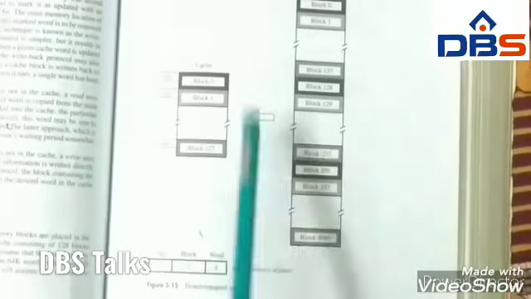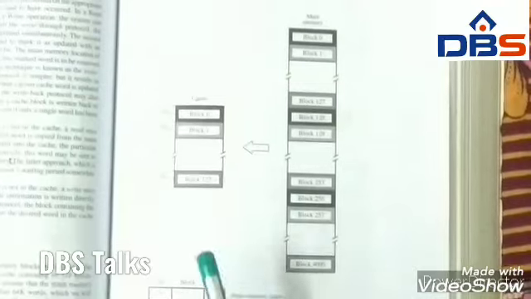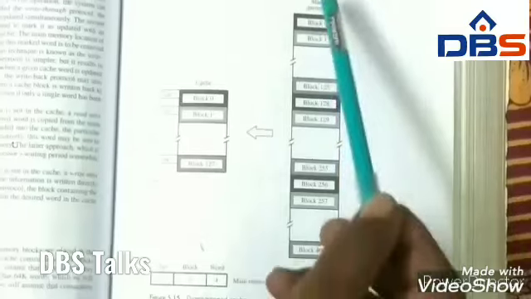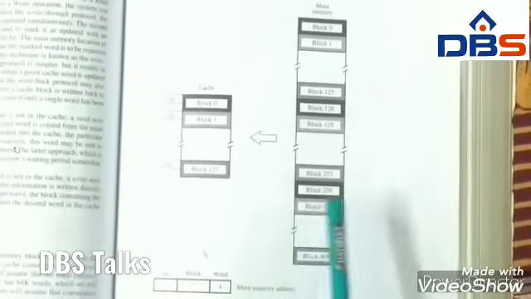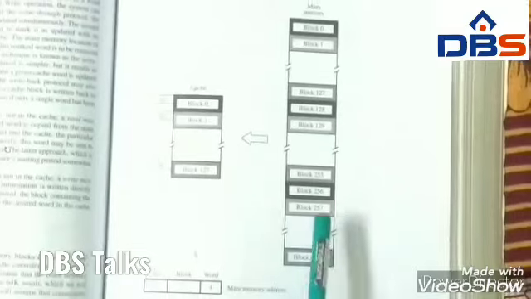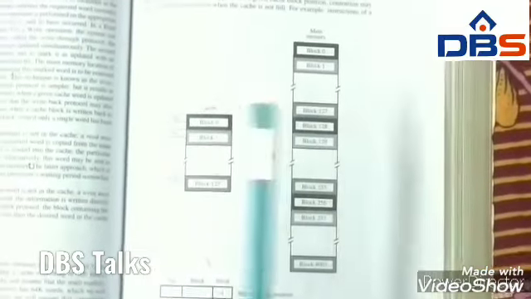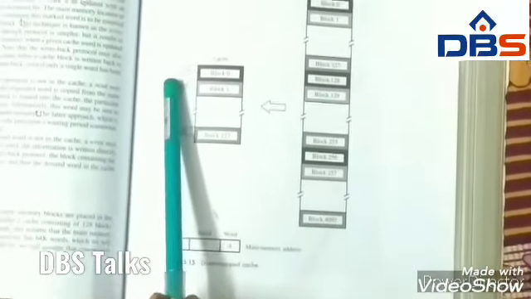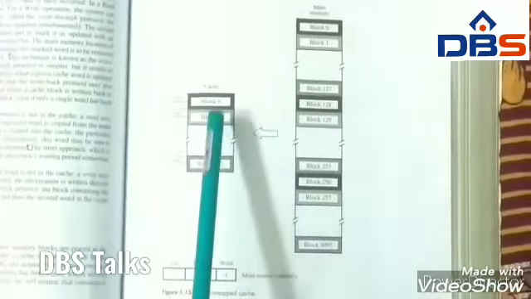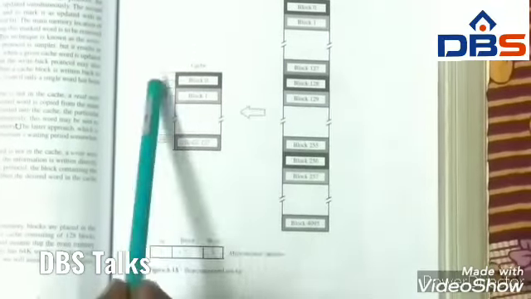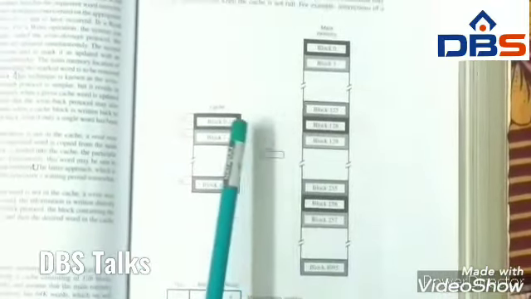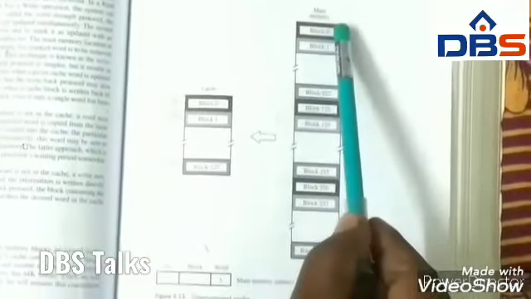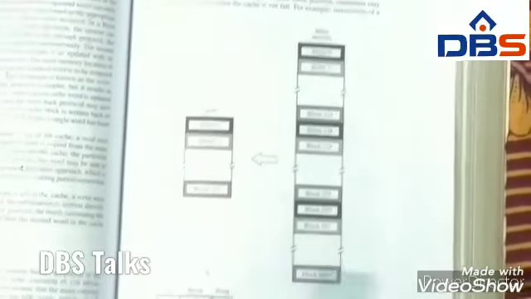Now coming to the direct mapping. Here is the cache memory. It is the main memory. In this one, the minimum unit that is transferred between cache memory and main memory is the block. Now here tag is referred, and a number of tags are there, and these are the blocks. Here for every block one tag is there. Now here it is the main memory. Here block 0 to block some 4000 something.